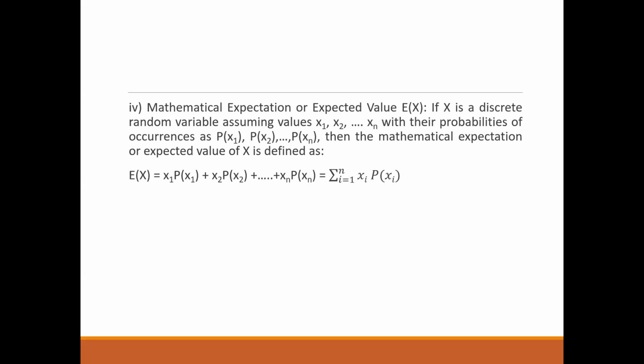Or we can also just use the summation sign where the value of i begins with 1, goes up to n, and the product of xi into probability of xi. Okay, so this actually gives you the expected value of a discrete random variable. These formulas should be known when we are solving it. Now, it is also a value on average, that's why it's also known as arithmetic mean, or you can just call it simple mean as well.